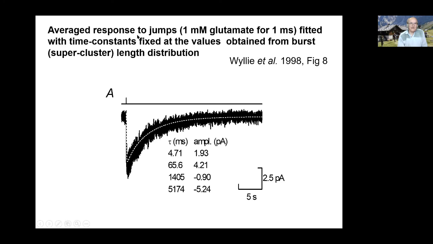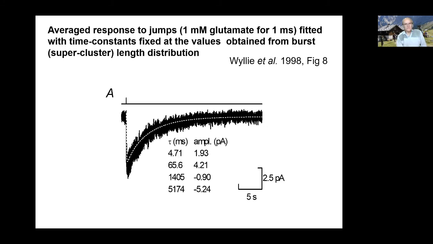so these are now average responses to jumps of 1 millimolar glutamate for 1 millisecond, and they're fitted with the same time constants as before, the ones obtained from the burst or activation length. There's two slow time constants of 1.4 seconds and 5.2 seconds. Notice that this also predicts the rising phase here, and the time constants from the